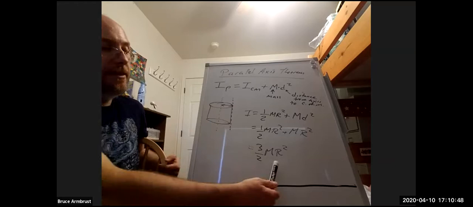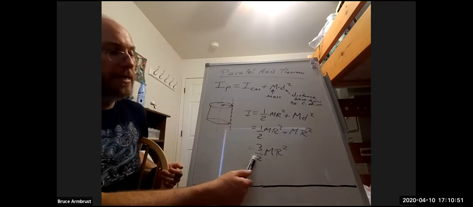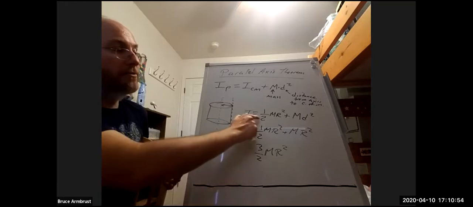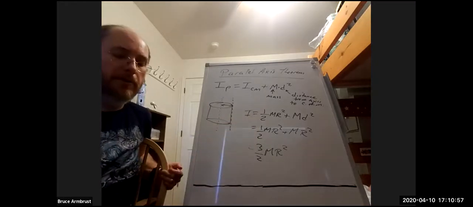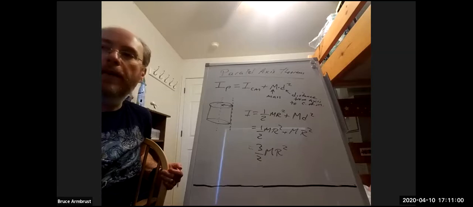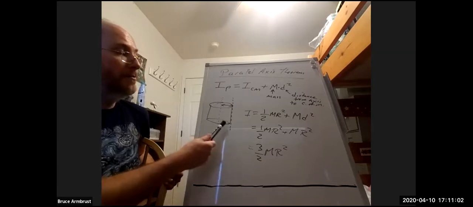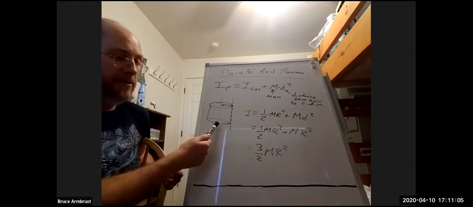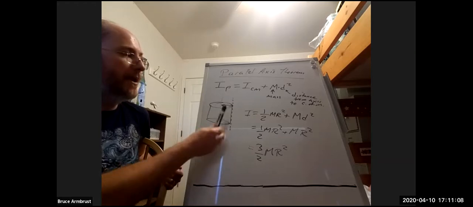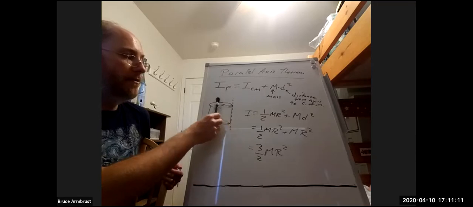The other thing, I just want you to think about what this means. So this is now 3/2 mr squared, which was more than what we saw when we were going around the regular center of mass. So what that means is that it's harder to spin a cylinder like this. It's harder to take a cylinder and spin it around an axis on its edge than one in the middle. See, that's interesting that you say that, because it just made me think of the Earth rotating, and it makes sense that it'd be easier to rotate on a center of mass axis than some axis on the side. Mm-hmm. Yeah,